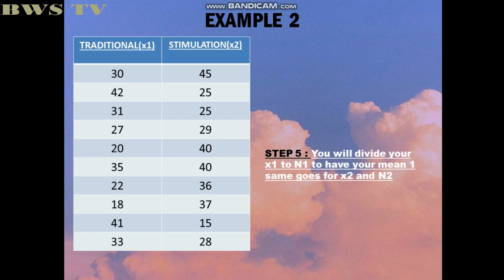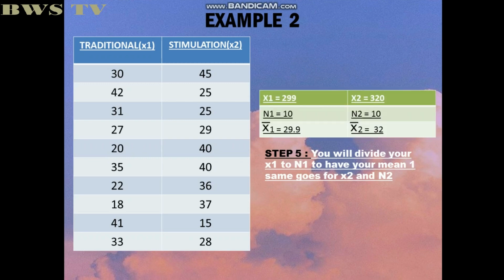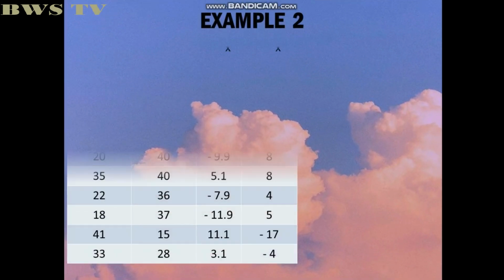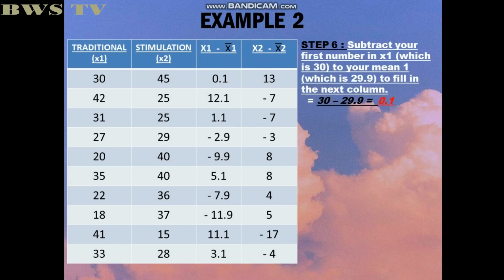Divide your x1 by n1 to have your mean 1. Same goes for x2 and n2. Divide it, and then you get your means. Technically it's all the same thing that we did in example 1. Then same thing, subtract your mean 1 from your first number in x1, which is 30, with mean 1 being 29.9, to fill in the next column. So 30 minus 29.9 is equal to 0.1. Continue this until you fill up